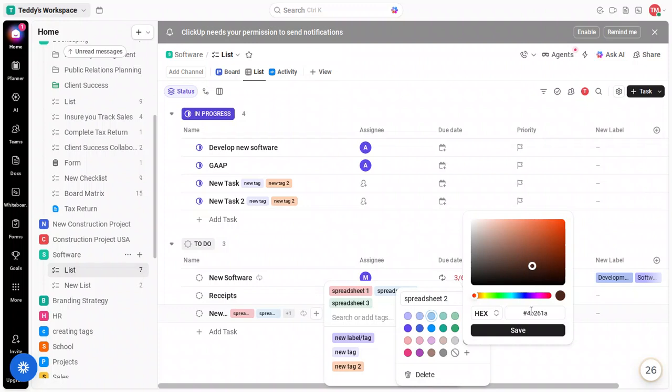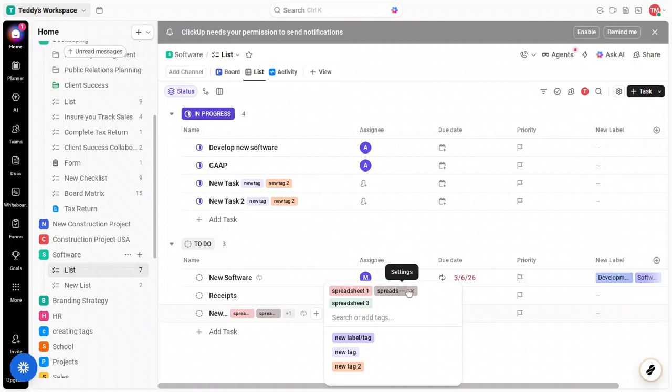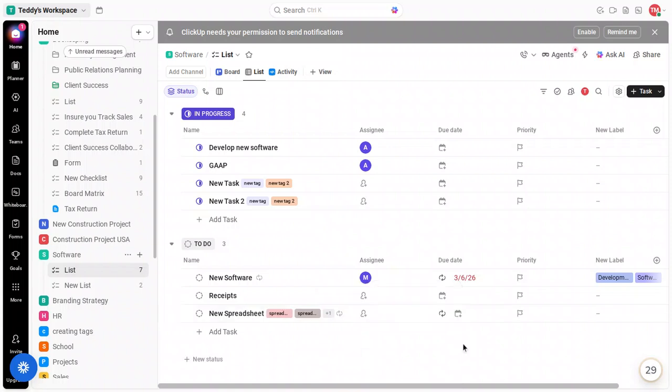If you're using tags to indicate departments, deliverables, or campaigns, pick colors that are distinct enough to stand out from one another. And remember, you can always return to a tag and change its color later if your system evolves. Once you have tags in place, they become powerful across views. You'll see them in lists, boards, and search results, and you can filter by tag to narrow down